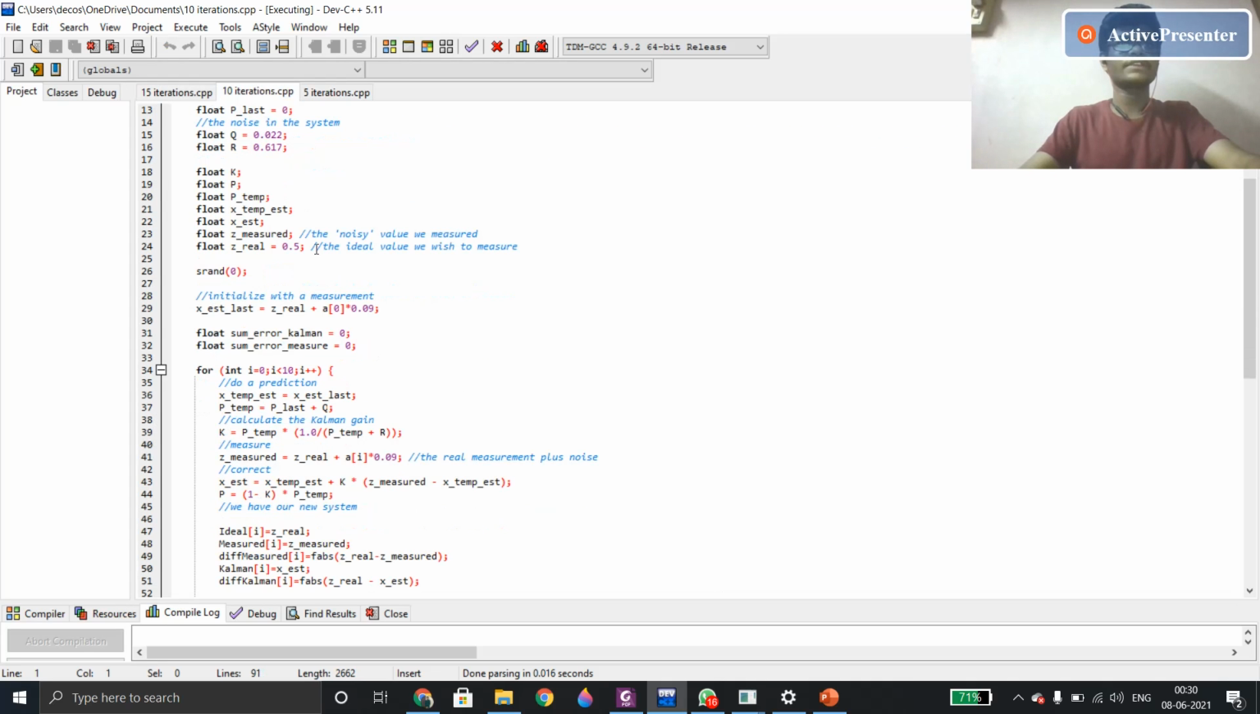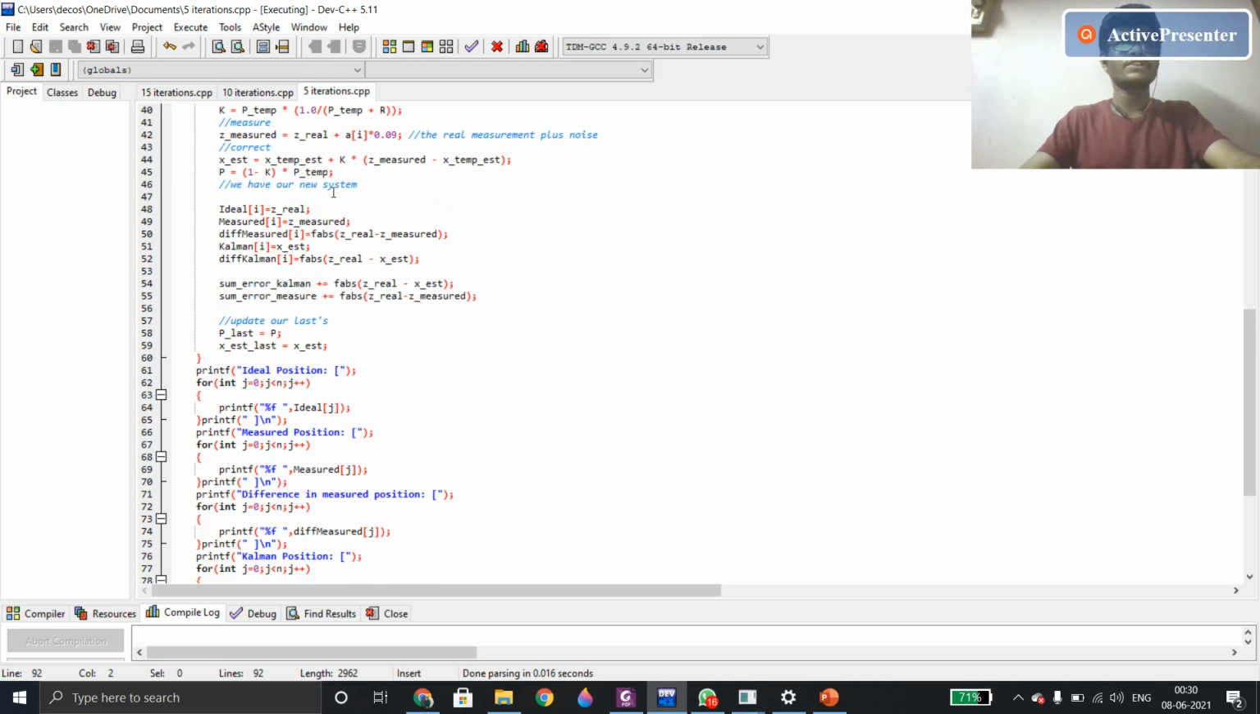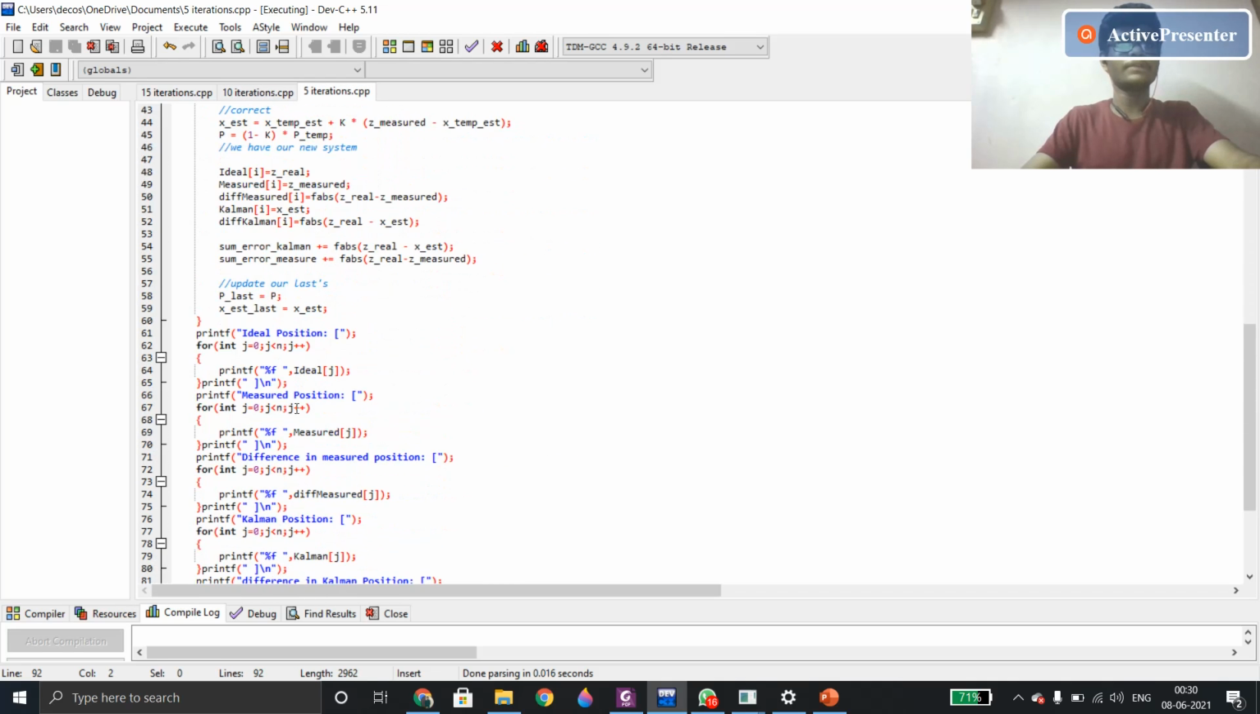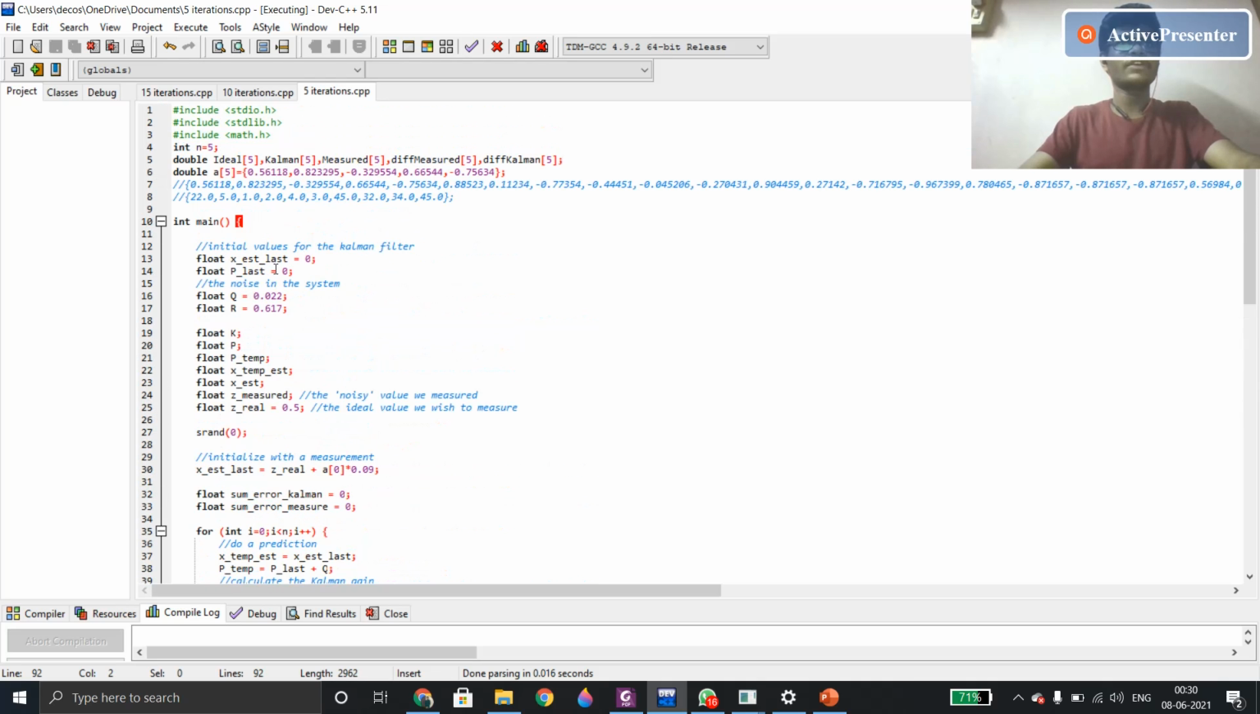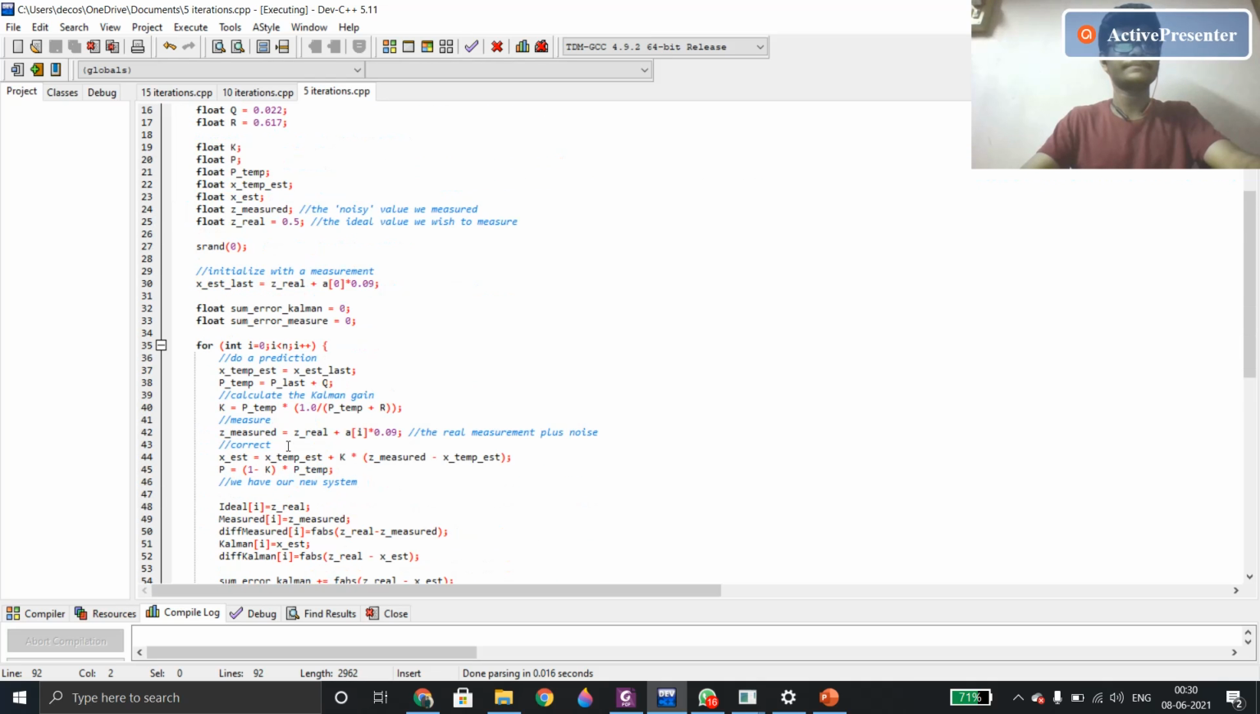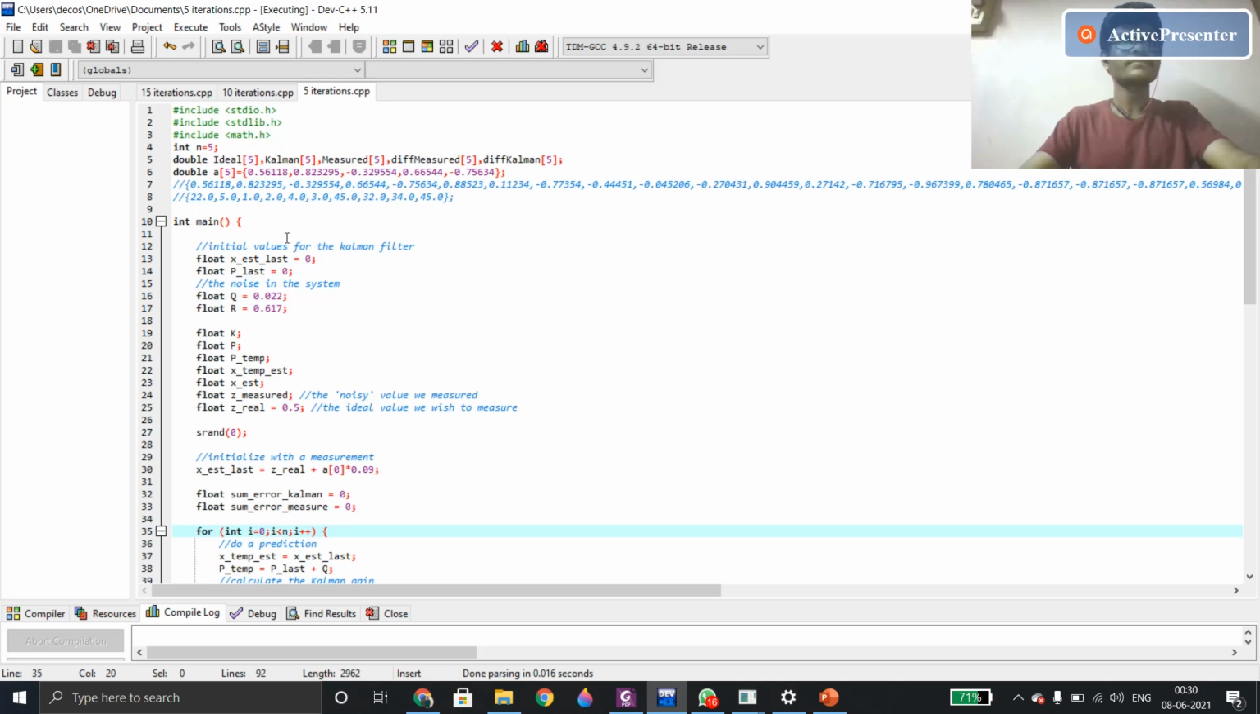just a second. This is for 10 iterations. This is for 5 iterations. The for loop is run here for 5 values. We can see this is made to be 5. And now, if I run this